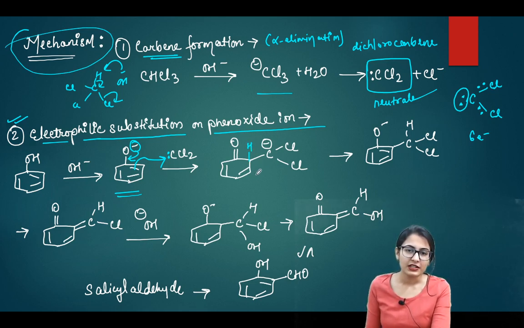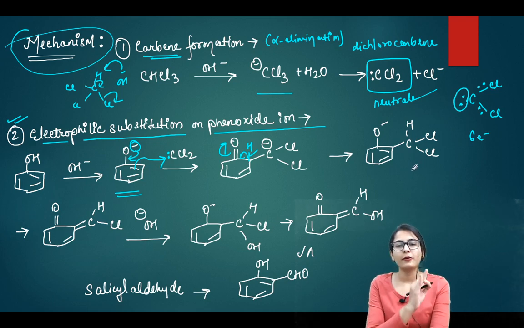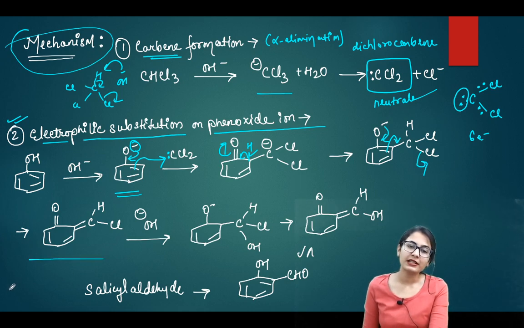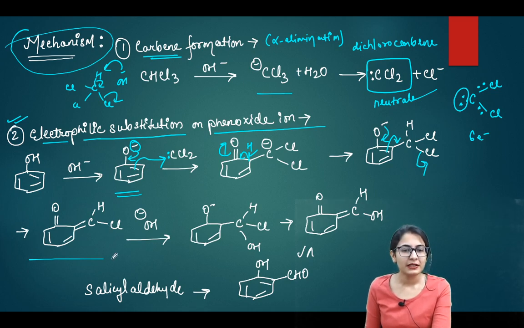That negative charge is going to remove, let's say there is a proton exchange, this proton is exchanged by the negative charge and the bond falls up to give you the phenoxide ion once again, and yes, the carbon has a proton now. From now onwards it's just like pulling and pushing, right? So it's just pushing away one of the Cl minus, and that gives you an intermediate like this. Very simple.